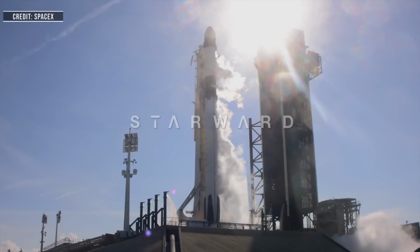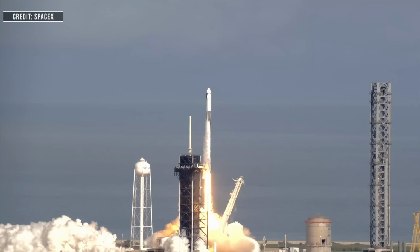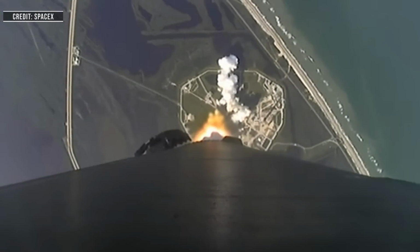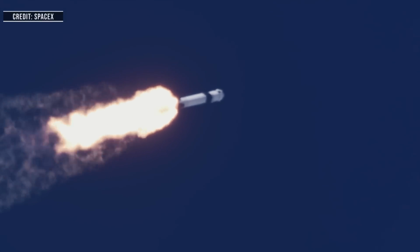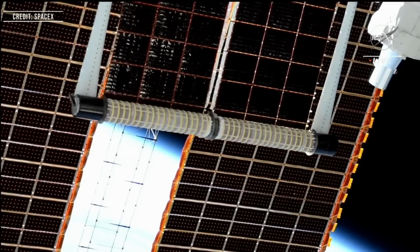Kicking off the week on November 26th, SpaceX launched its 26th commercial resupply mission to the International Space Station on a brand new booster, B-1076. Falcon 9 successfully lifted off at 2:20 p.m. local time from LC-39A at Kennedy Space Center, carrying the new Cargo Dragon capsule C-211, which had 7,700 pounds of supplies, research, and hardware on board, including the next pair of International Space Station rollout solar arrays, as well as